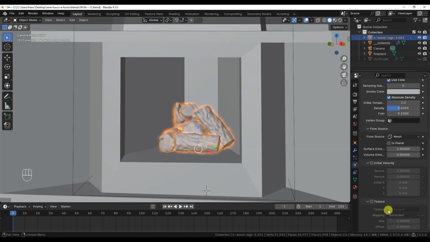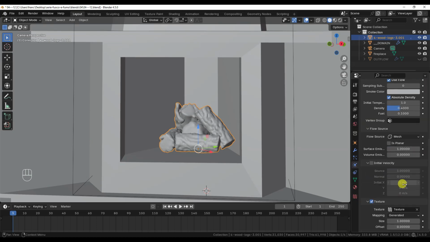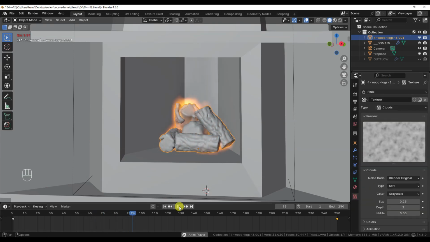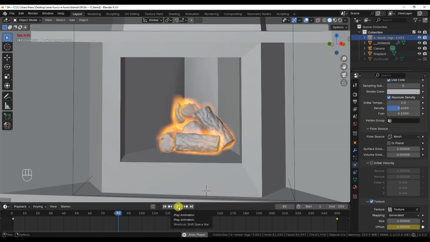Another tool that lets us add variability to flame emission is texture, found at the bottom of the inflow panel. Here we can assign a texture and, most importantly, an offset field, which defines which slice of a procedural texture to use. Procedural textures, such as clouds or noise, are not two-dimensional images but actual three-dimensional volumes. By animating the offset value along the timeline, as I'm showing on screen, we shift the texture vertically using a different pattern each time for the emission. This gives the flames a less uniform look. The issue with this system is that it usually requires multiple attempts to find the right combination of texture type and offset change before achieving a good result.